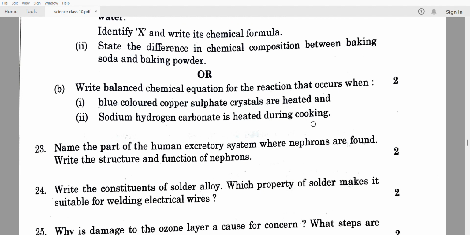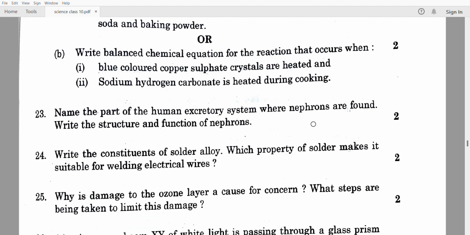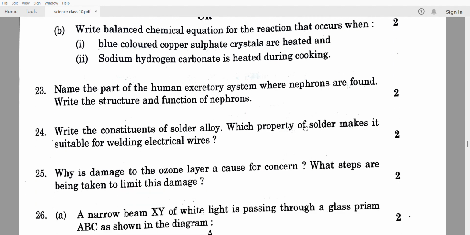Sodium hydrogen carbonate is heated during cooking. So on heating sodium hydrogen carbonate, that is NaHCO3, on heating gives Na2CO3 plus H2O plus CO2. That is the equation. When you move on to the 23rd question, name the part of the human excretory system